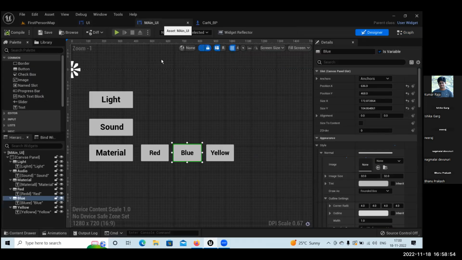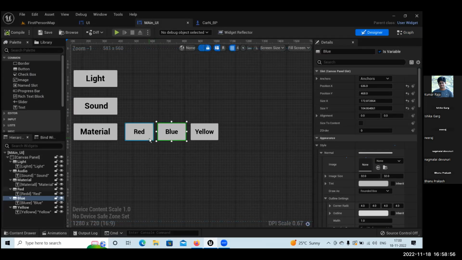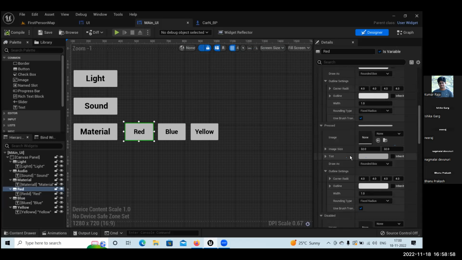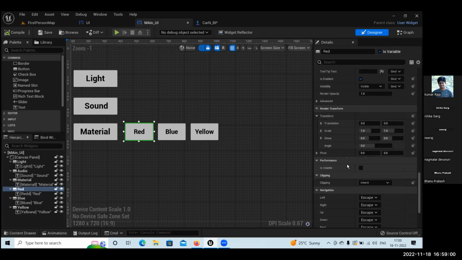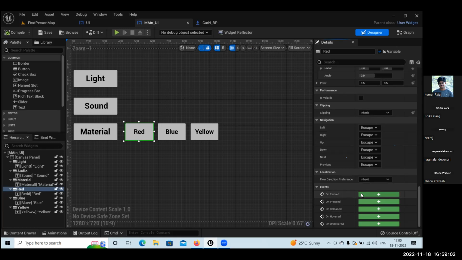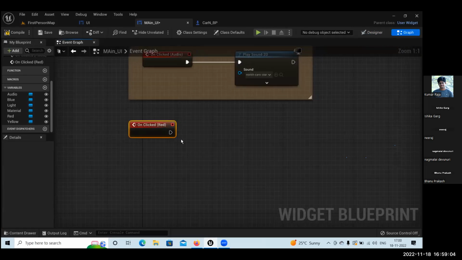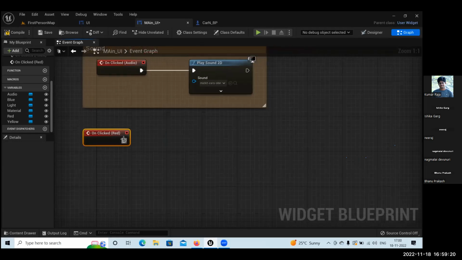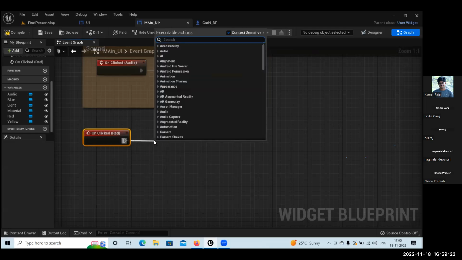So go to main UI and now I will select the button red. If you scroll down and click on clicked, here you will we have to give code. So for that, first we have to call the BP configurator, because for that only we are about to change the material. So what I will do is I will drag a pin from this and search for